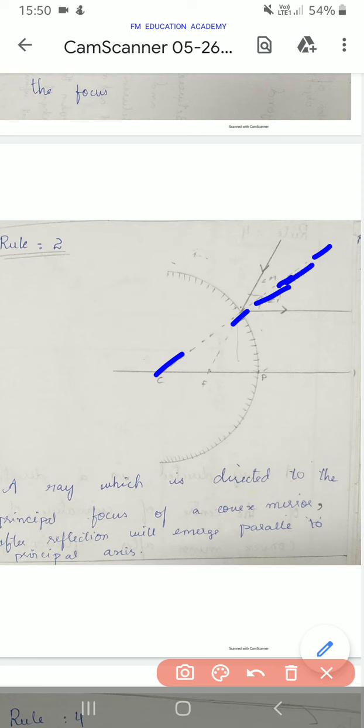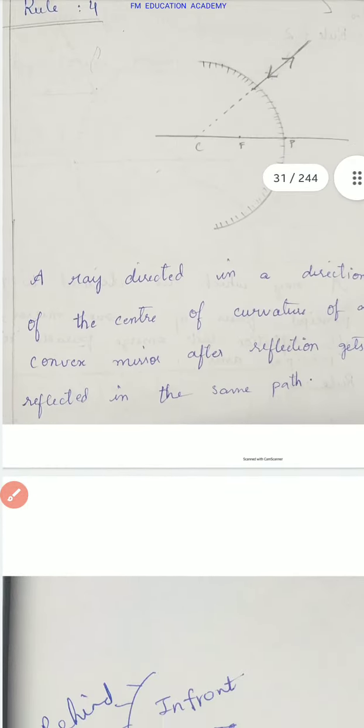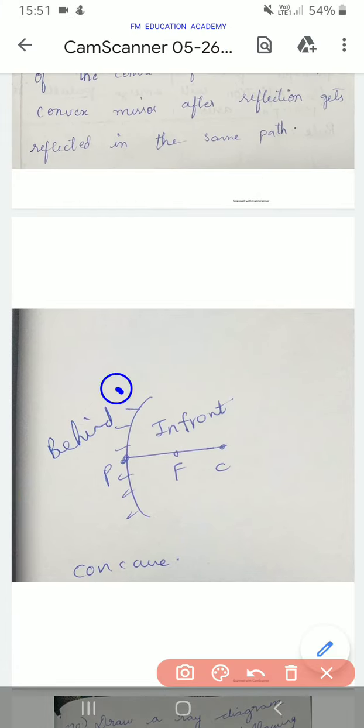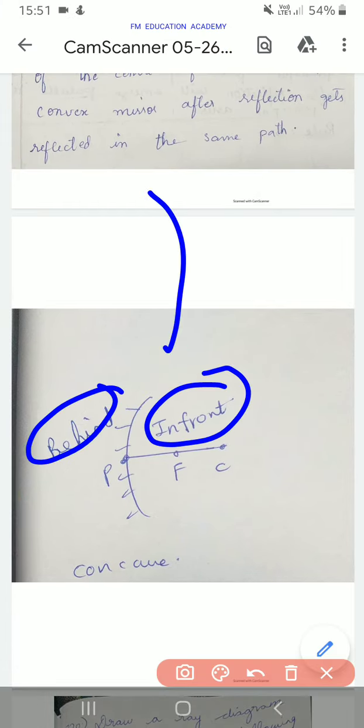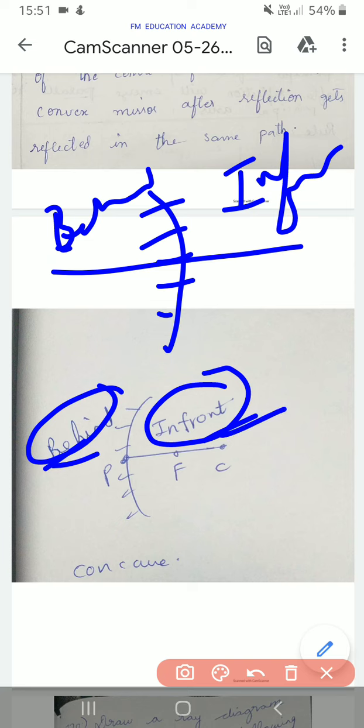Because whenever rays are there, one will be the angle of incidence and one will be the angle of reflection. So you can draw the dash dots also if you want in the exam. Okay, it's your wish. And I told you about convex mirror, right? This is behind and this is in front for convex mirror. Similarly, for concave also,